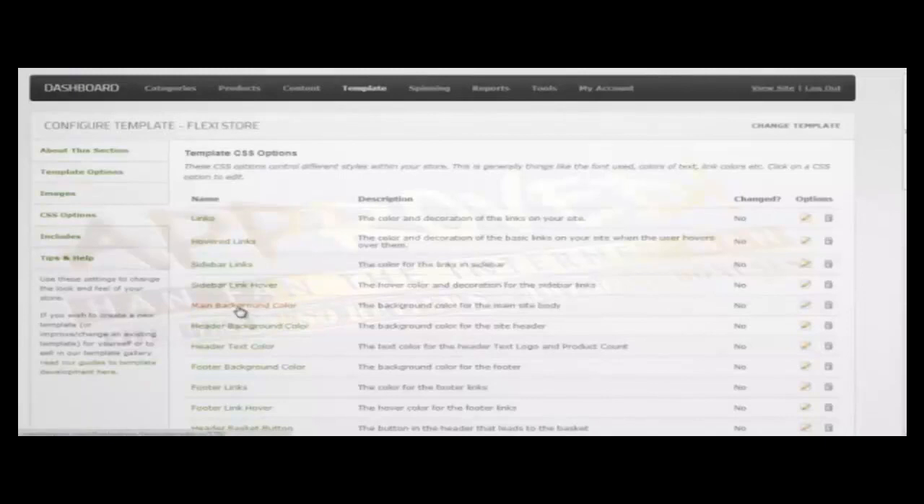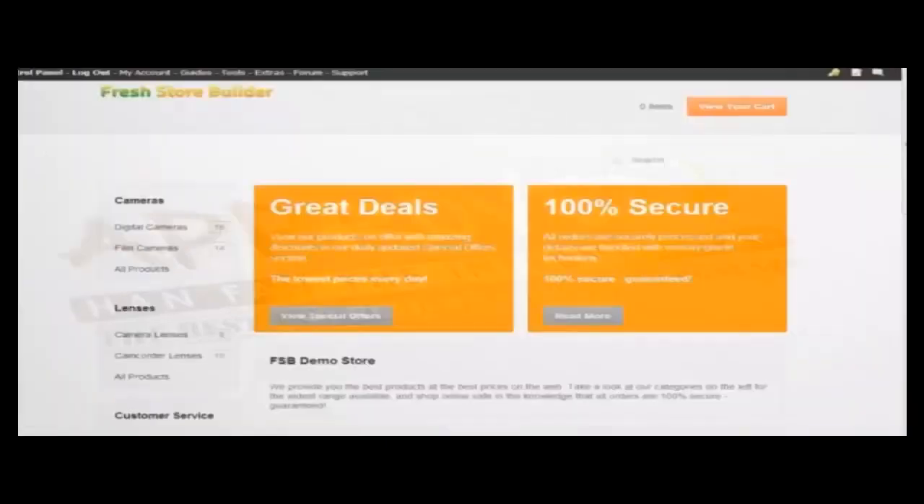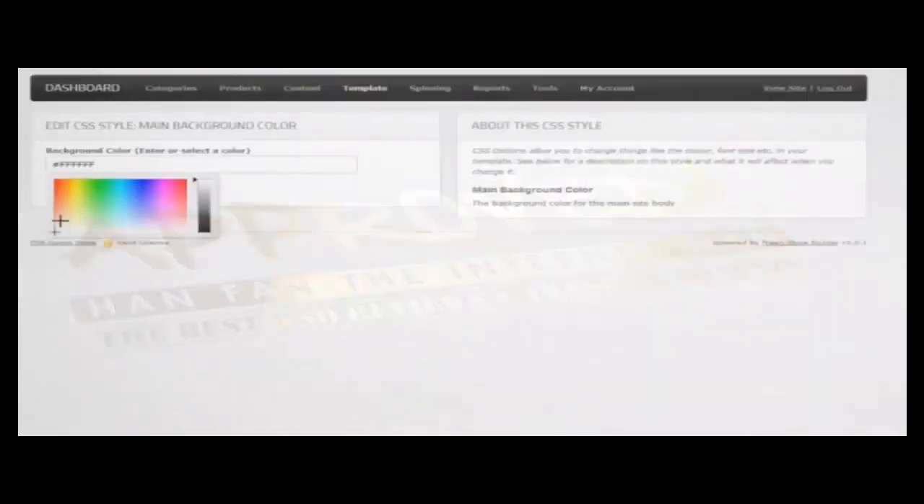If I wanted to change the main background color of my store, right now it's white. You can see here it's white. You can either use the code through a color picker code, or use this tool here to select the color. So right now the background of my store is white. If I wanted to make it a little less white, let's say I wanted to make it more gray, I could either just drag the slider to whatever color I want it to be,